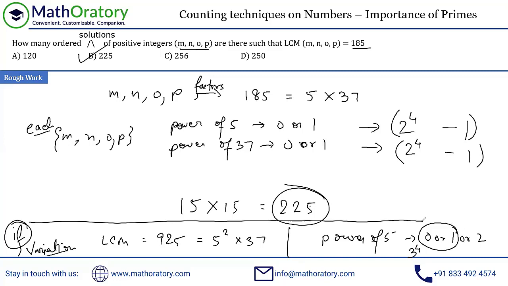So in that case, we have to take those cases off. What are those cases? For each of M, N, O, and P, we have 2 powers of 5 which are distributed, 0 or 1. So you have to take off those cases, so minus 2 to the power 4. So we have 3 to the power 4 minus 2 to the power 4 as the possible ways of distributing powers of 5. So a small variation here. We can apply the same logic and quickly figure it out. Yeah, so that's all from my side related to this question. I hope everything was understood.